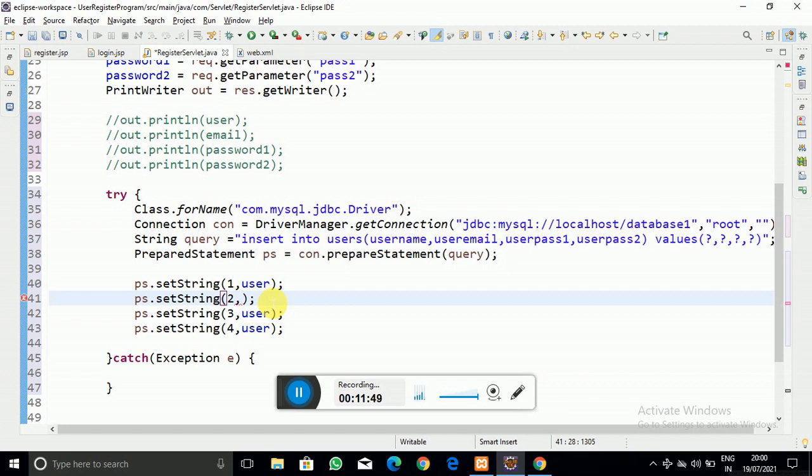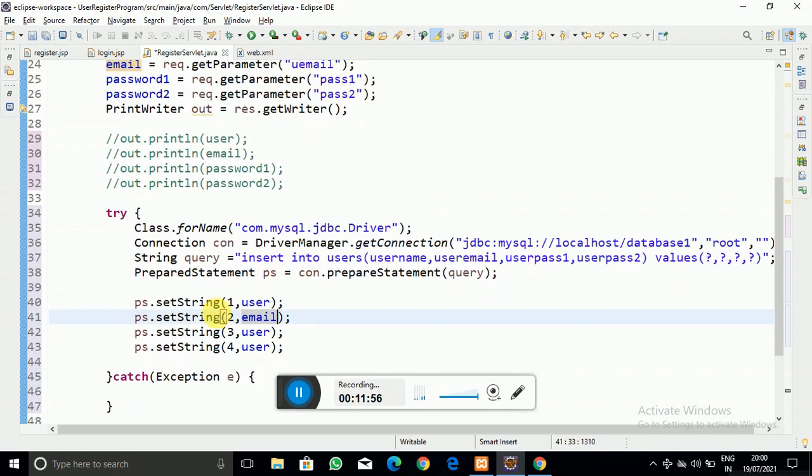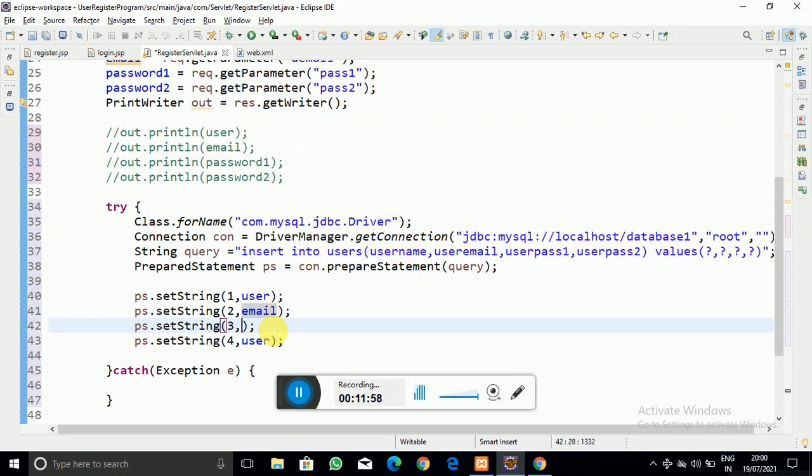So let us write that: user email, the variable name is email. Then here you have to write the variable name or the value which you want to set in place of the placeholders which you have added into the query string, password 1 and similarly password 2.